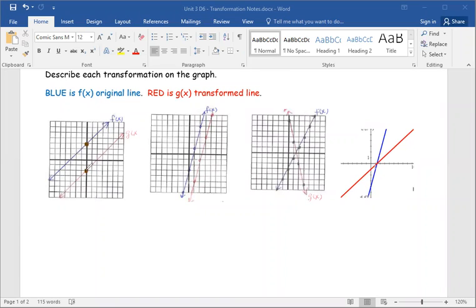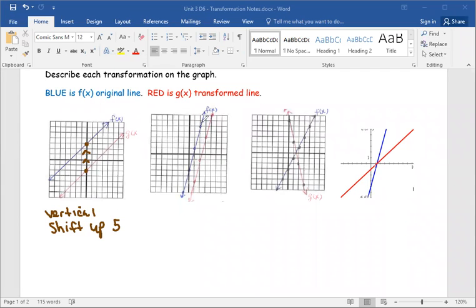points here. This is the same point. So that means that this moved up. So this would be a vertical shift. And right now I just want you to know which direction you went. You would normally sit and count off how many it went. So if I wanted to count it, 1, 2, 3, 4, 5, and we could say up 5 units. All right, if I look at the second one,